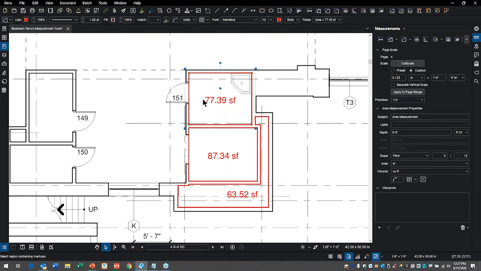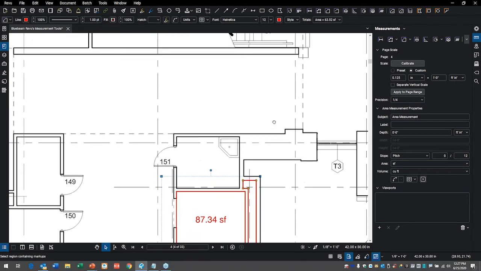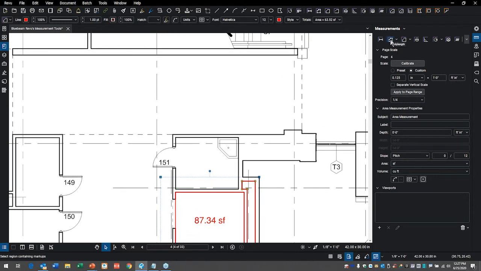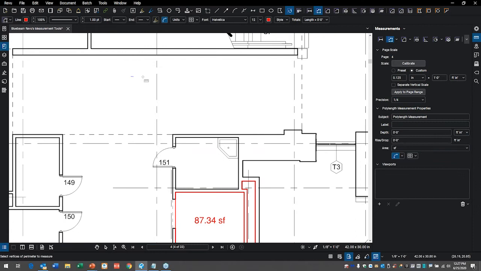I'm going to just delete that one out. You can do two kinds of linear measurements. One is a poly length and one is a perimeter. So they look awfully similar to each other. If I pick poly length and pick spots on the screen and then double left click to end, I will